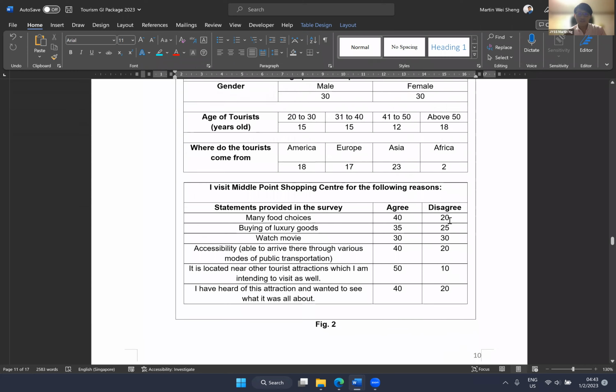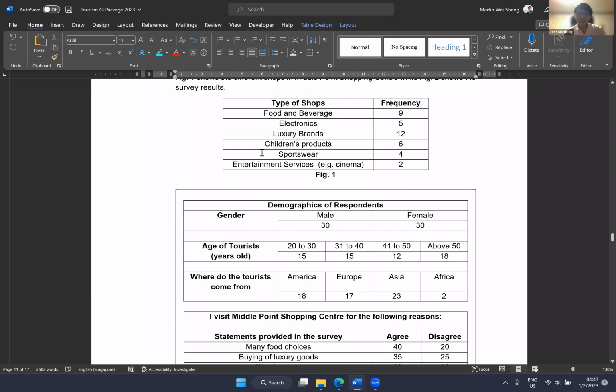Now, if we look at figure 1, we notice that okay, the students actually managed to get the type of shops, okay, the number of each type of shops over here. So you think of all the data collection methods which you learned, okay, there are a total of 5. So the first one is tally counter, your first data collection method. Then you also have the annotated field sketch and photograph, all right? Then you have a bipolar survey. You have the land use survey, okay? And then for the last data collection method,